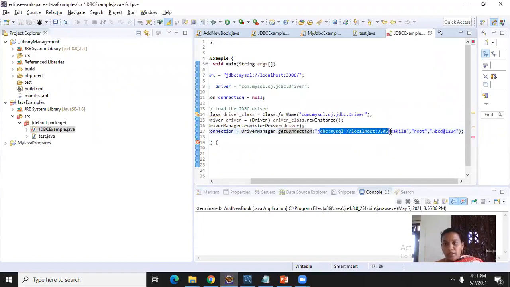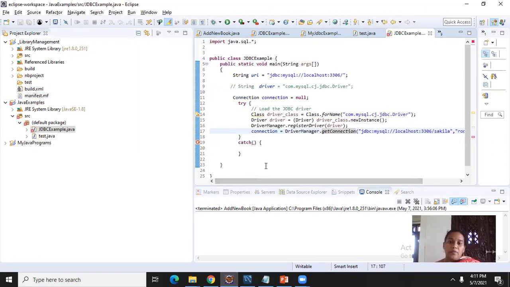This is the URL, and the username and password for it. With this, I registered the driver and wrote the steps for how to connect to the database.